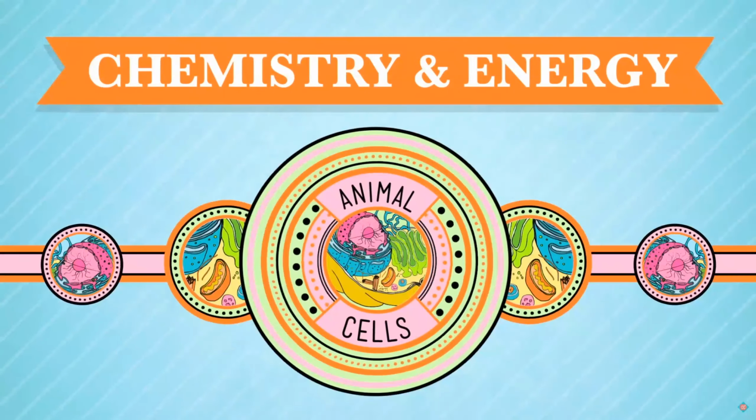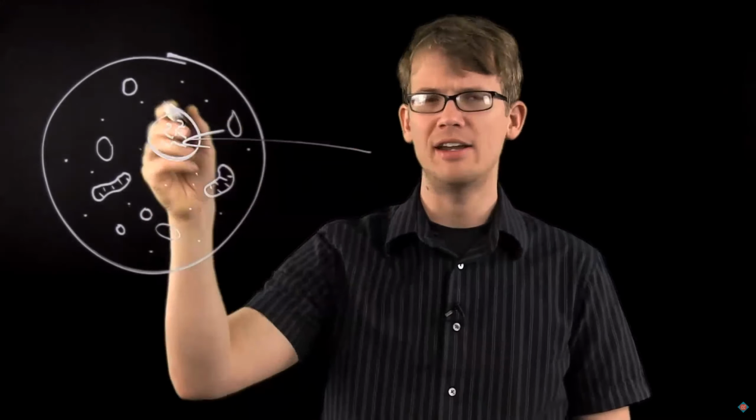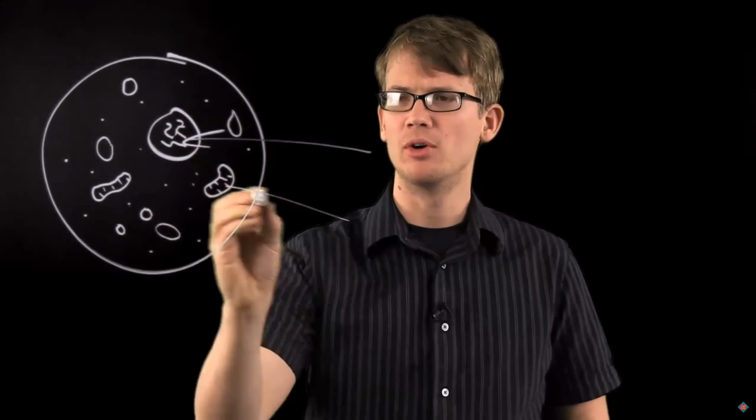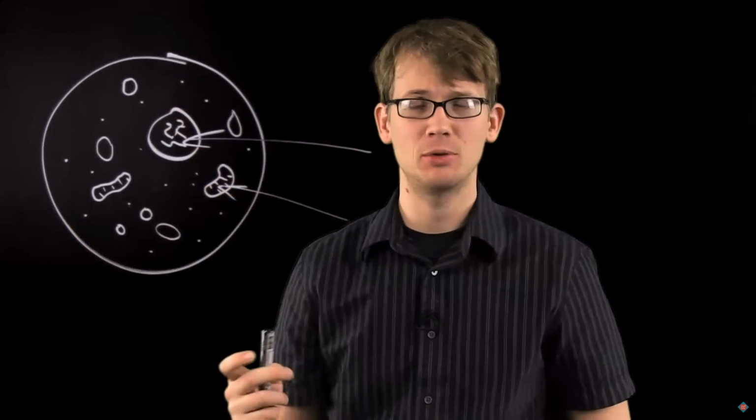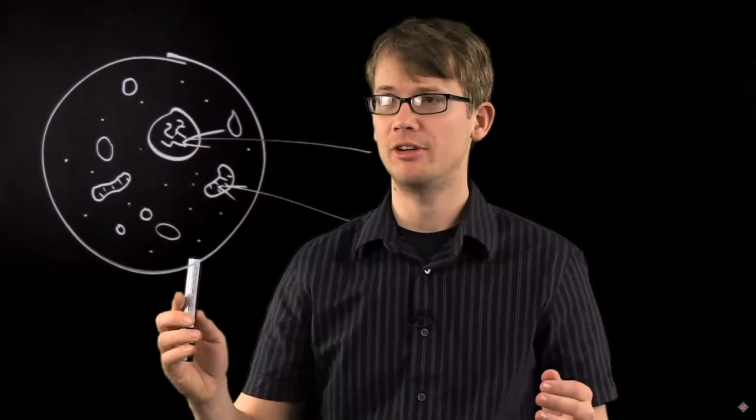Animals are made up of your run-of-the-mill eukaryotic cells, and these are called eukaryotic because they have a true kernel, in the Greek, a nucleus, and that contains the DNA and calls the shots for the rest of the cell, also containing a bunch of organelles. There's a bunch of different kinds of organelles, and they all have very specific functions, and all of this is surrounded by the cell membrane.